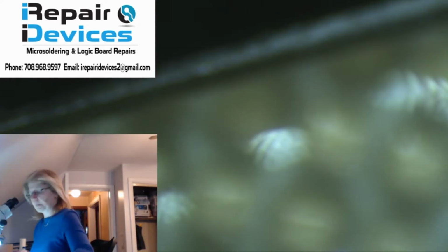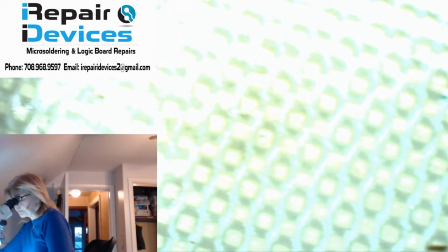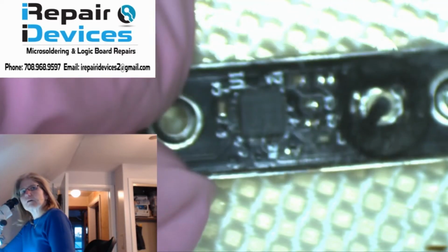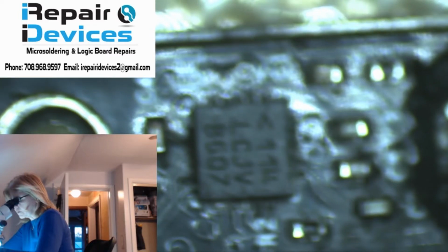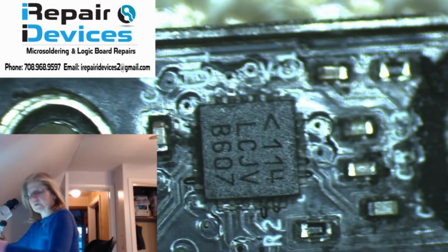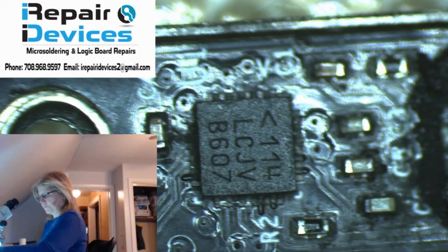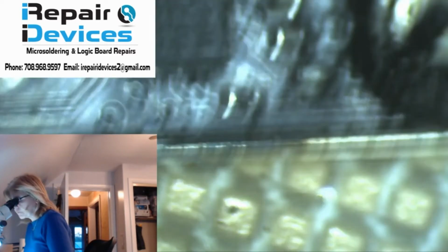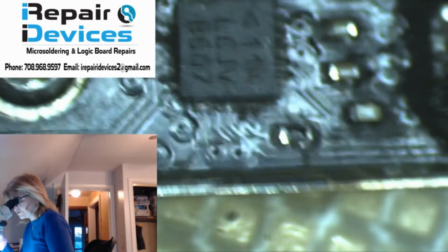let's switch it to the microscope here. And let's zoom out. All right. And we're going to look at this circuit here. Let's bring it in. All right. There we go. And let's just start testing some of these components here. So, all right. Just from looking at this board, I can see that there is some